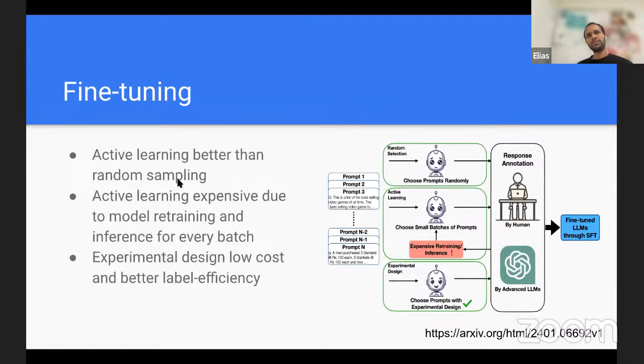And then this is also something related to sampling. So we covered active learning in the book, and active learning is preferred because it can give you an efficient way of labeling, but in the context of large language models, it can be a bit expensive because you have to retrain the model, and then also inference is done for every batch. So this paper